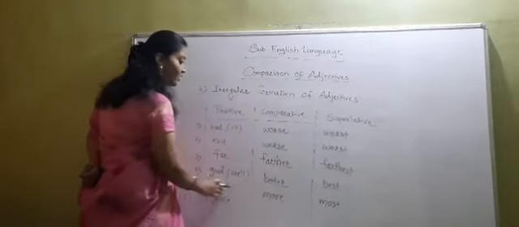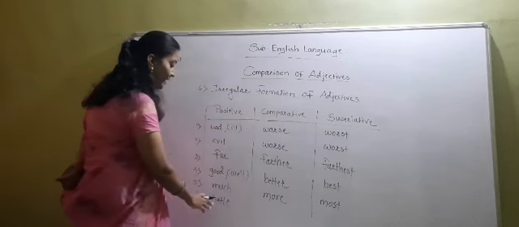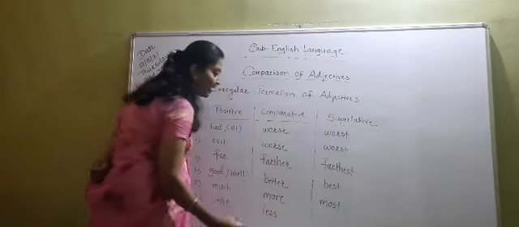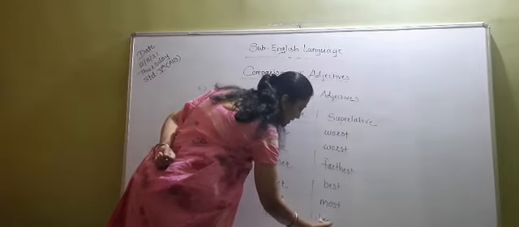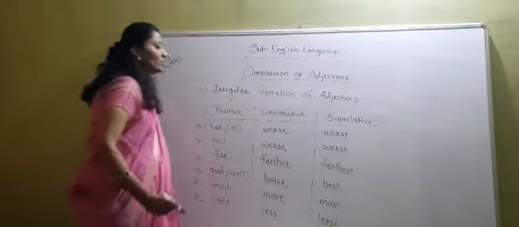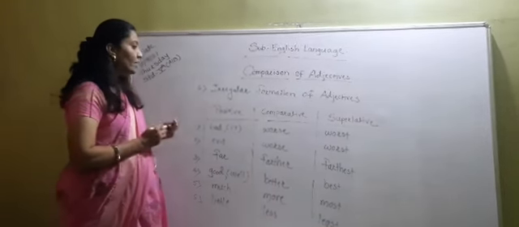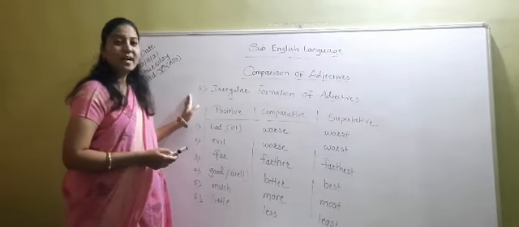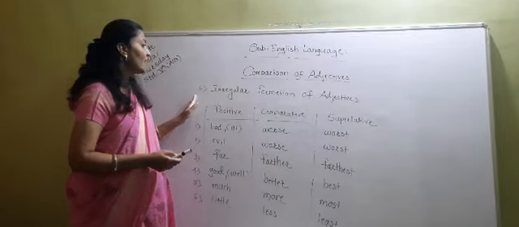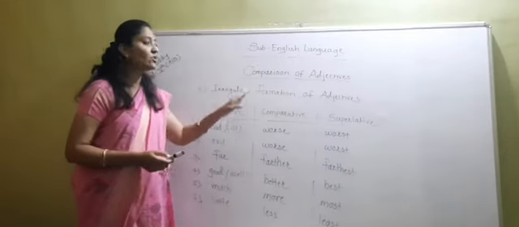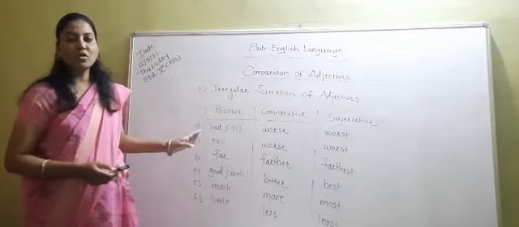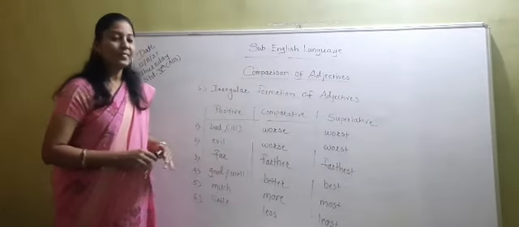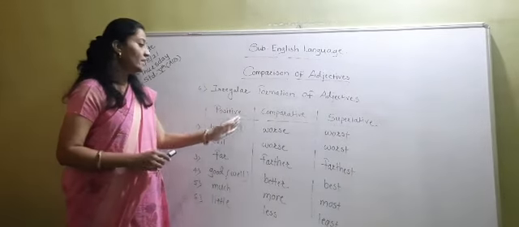Much, more, most. Little, less in comparative, and least in superlative degree. Okay, so that's why their form is not regular. So it is said that it is having an irregular formation of adjective. Okay, so there is no particular rule about these adjectives, and so they are different in all three degrees.